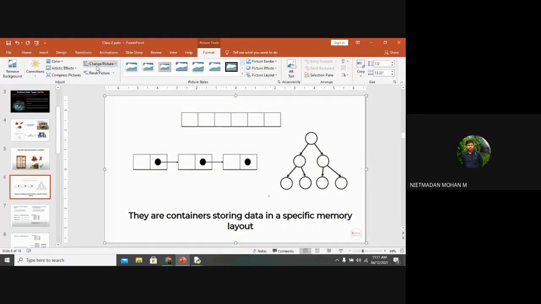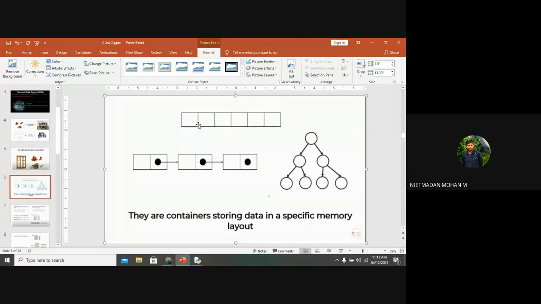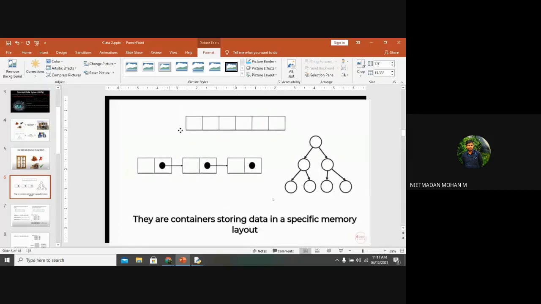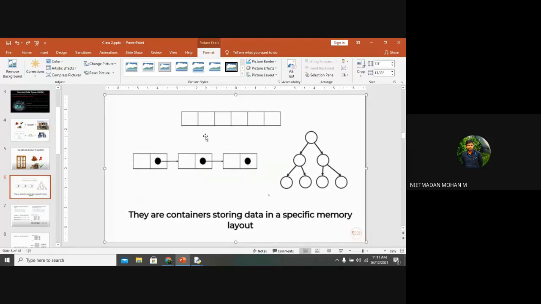Six empty blocks. First image means the first representation. I have shown you some examples in the classroom itself. When you are going to create a list, the list will be created in a box shape with the index value starting at 0, right?